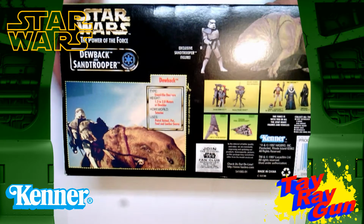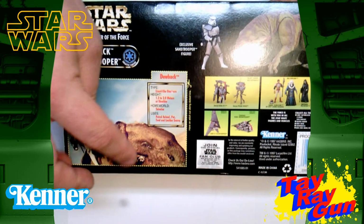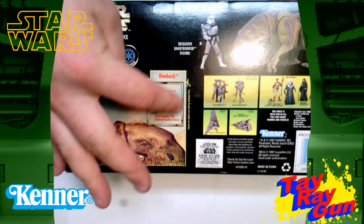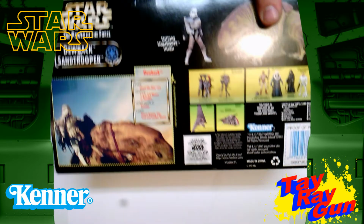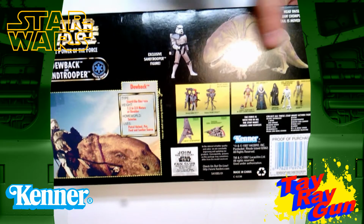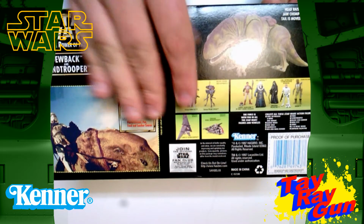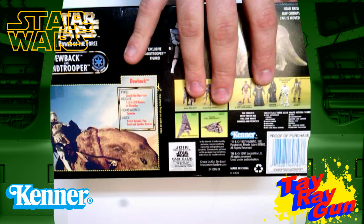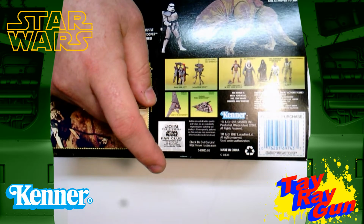On the back, we get a little file card here, which I like. It's got a photo of the Sandtrooper and the Dewback from the movie. We get some stats here about the Dewback. We get a picture of the toys, and this time they are separate from one another, so we can see the rider and the Dewback away from one another. We get some cross-sell art of other things that came out in the line during this time. And then we've got the fan club